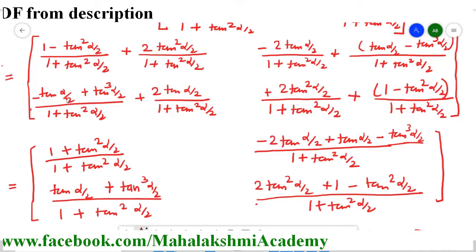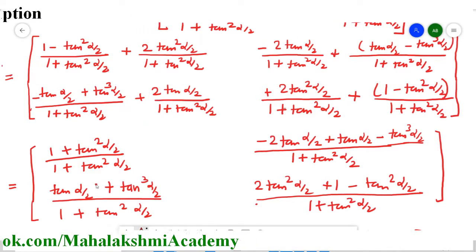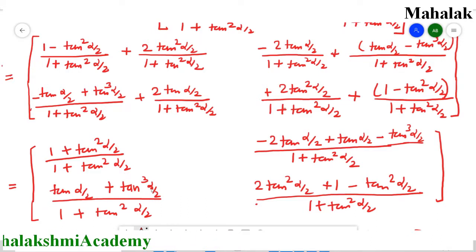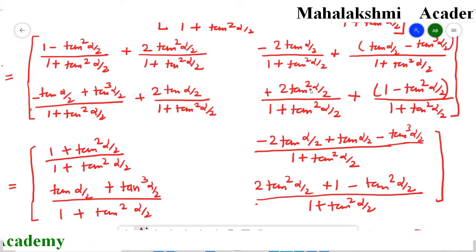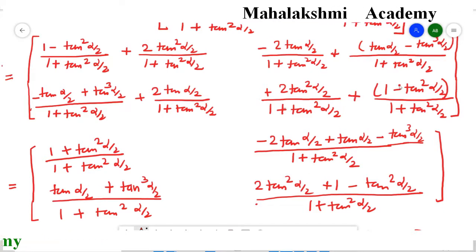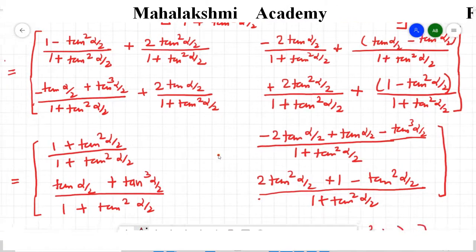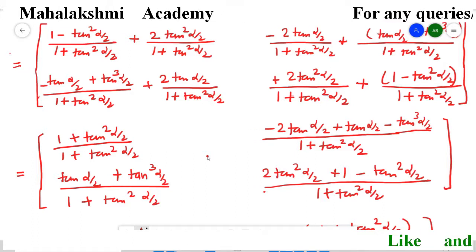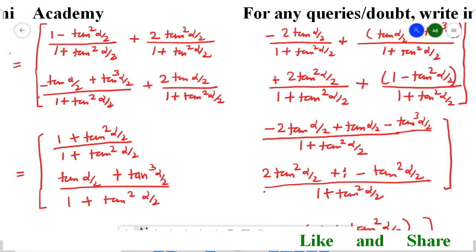So this tan alpha by 2 is negative and this is positive. So plus minus minus and the sign of the bigger number, so positive tan alpha by 2 came here. This tan cube alpha by 2 as it is. In the same way here also I wrote this term as it is, with the plus symbol, so no sign change, and I wrote them as it is. So simply I took the LCM, and wherever I could easily do plus and minus I did, otherwise I wrote them as it is after opening the numerator's bracket.